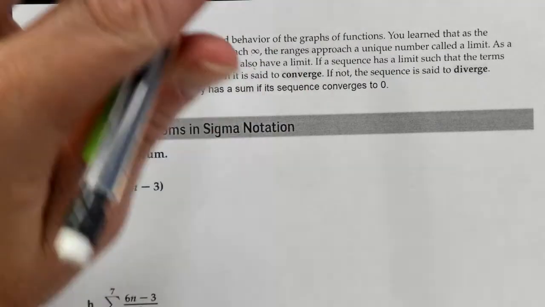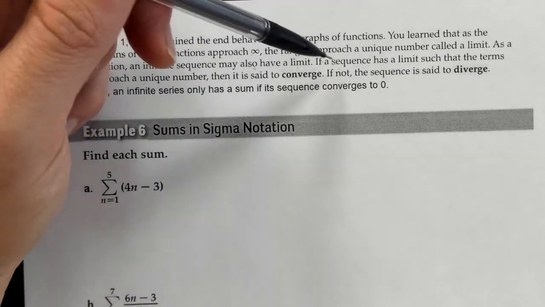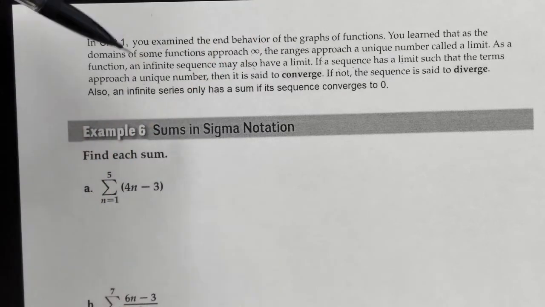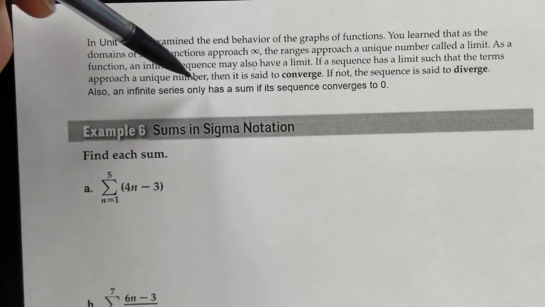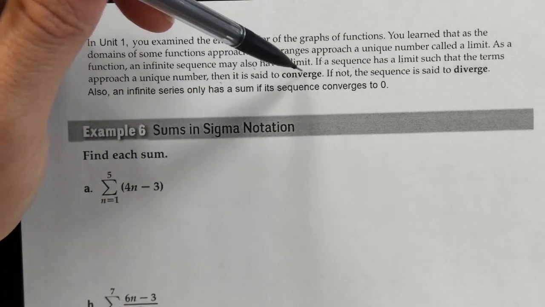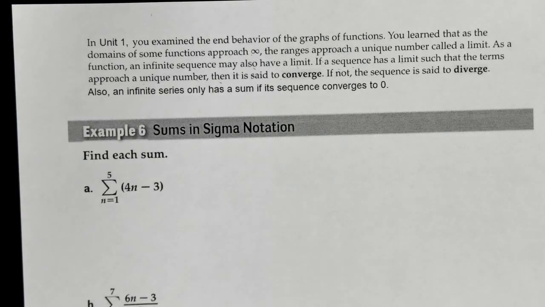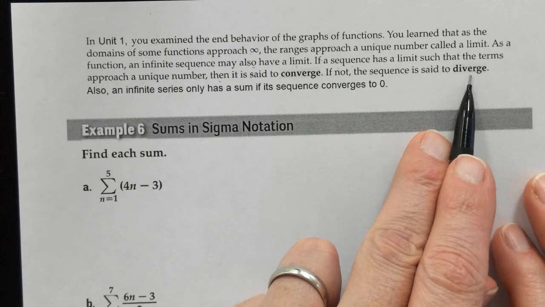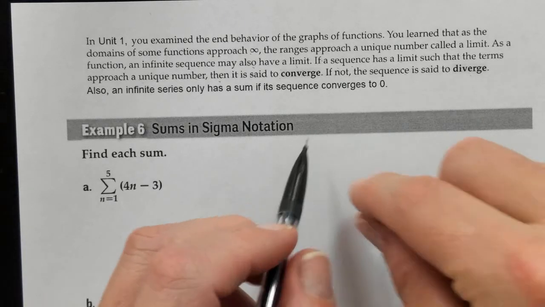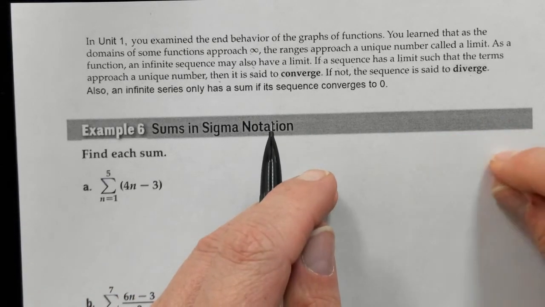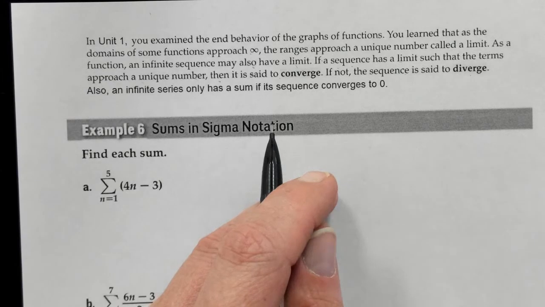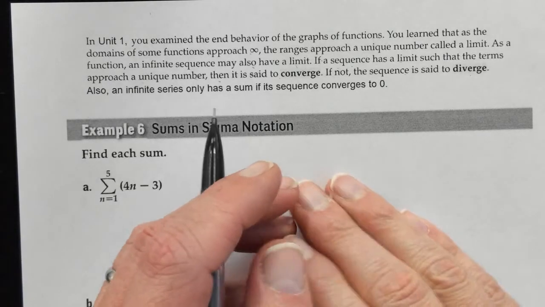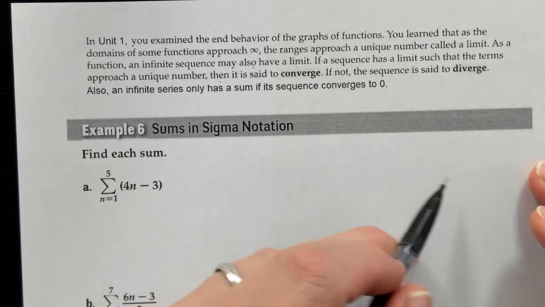Let's wrap our head around this for just a minute. If a sequence has a limit such that the terms approach a unique number, then it's said to converge to that number. And if it doesn't, the sequence diverges. In other words, as the terms of the sequence keep going on and on and on, if the terms have a limit,